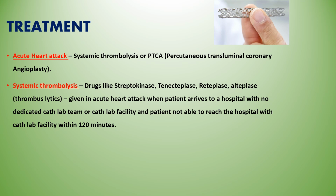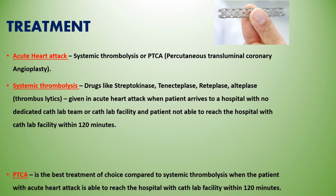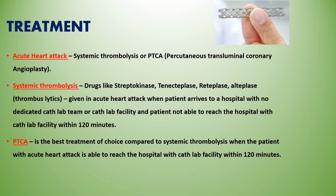These drugs can be considered when a patient with acute heart attack and severe symptoms arrives at a hospital which does not have a dedicated cath lab team or cath lab facility, and the patient is also not able to reach a hospital with a cath lab facility within 120 minutes. In these scenarios, we can consider systemic thrombolytics